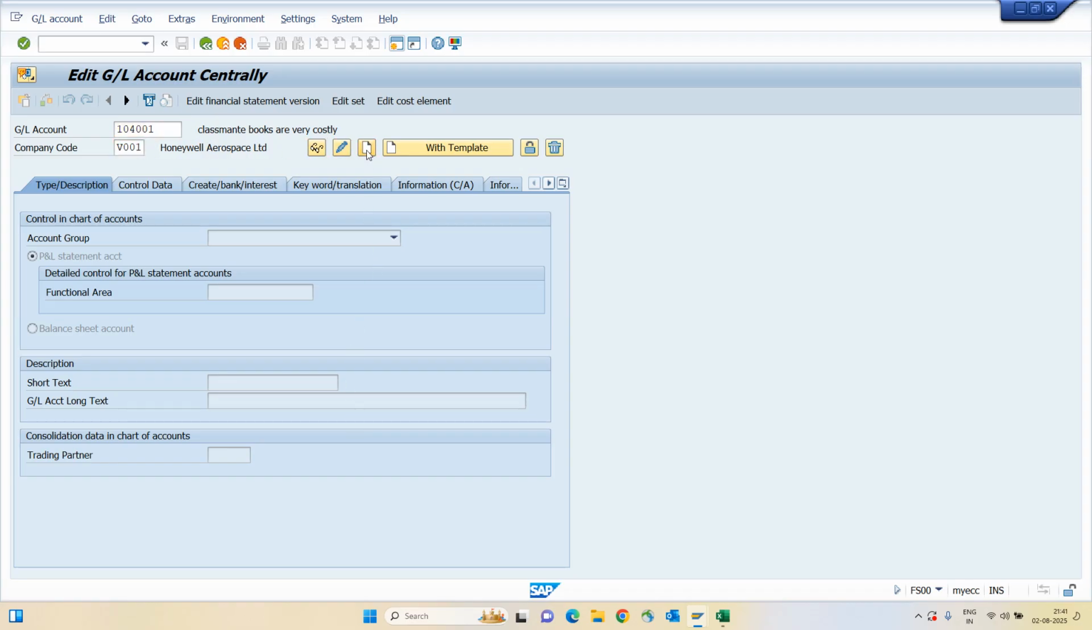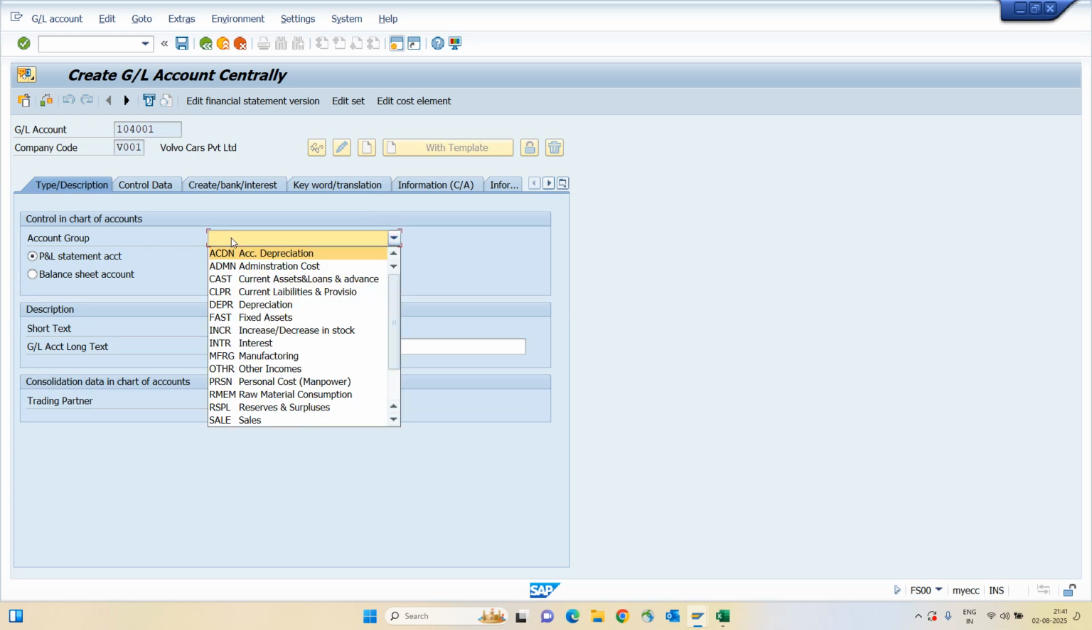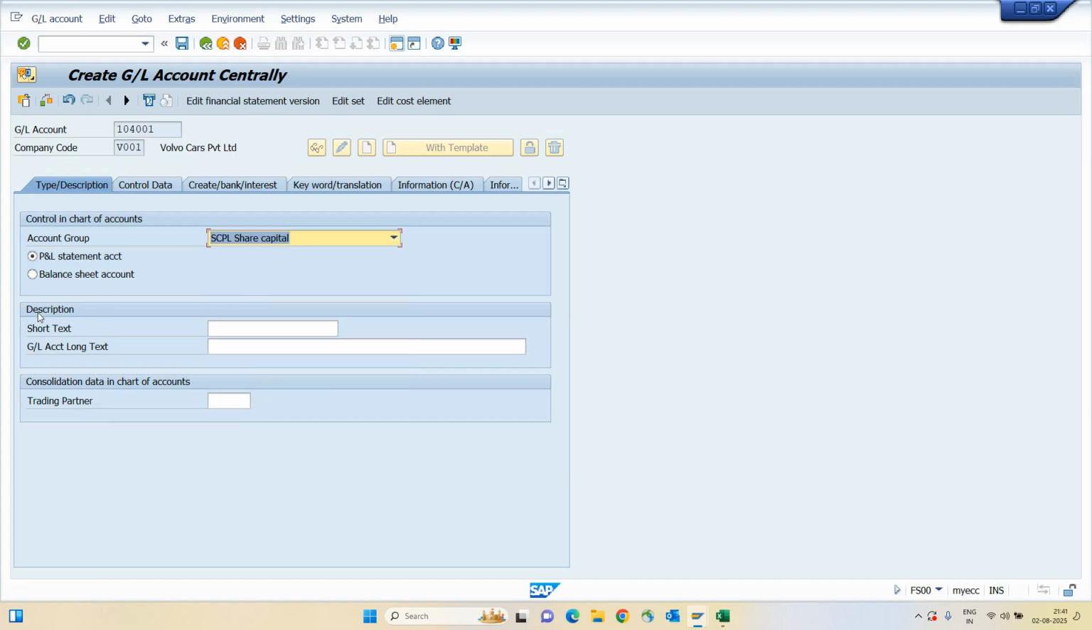Click on create, and here you have to select the share capital account group, and you have to select whether it is a cash, P&L account or balance sheet. You have to select balance sheet because a capital account is a balance sheet account. Select it, enter the description here. Let's say ABC, or you can say Mr. A capital account,